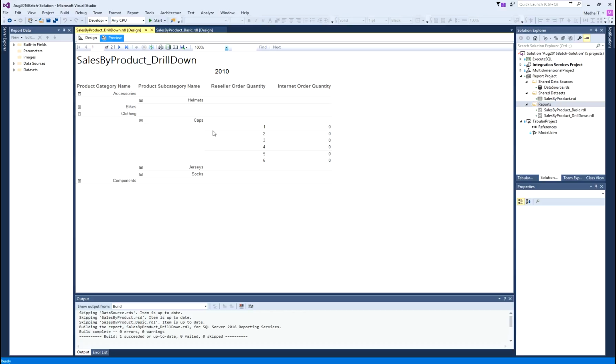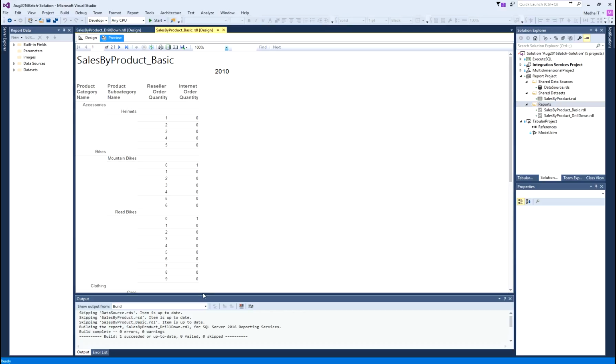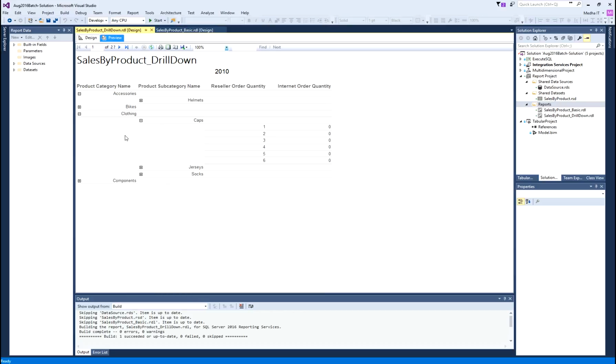What happens? You will have a humongous gigantic report. So instead of having a big report like this, if you have a consolidated or collapsed version like this, user can easily see the numbers at the higher level, and if they want to drill down and go to lower level, they can always click plus and go, or expand this and go. Okay, that is drill down.